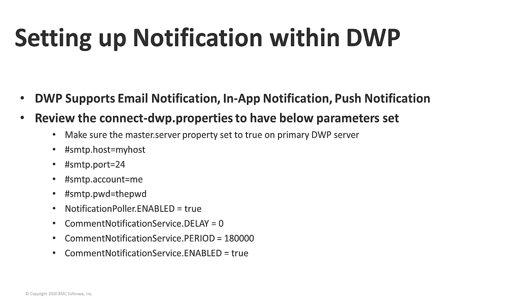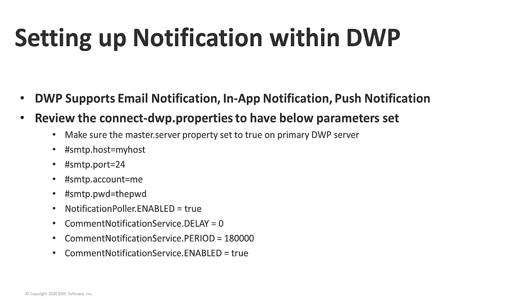Now we have looked at high availability, rebranding, SSL, and the RSSO configuration. Let us quickly talk about the notification sections. So Digital Workplace supports email notification, in-app notification, and push notification. You can review the configuration file called connect-dwp.properties located under the tomcat/external-conf directory. On the screen, you can see parameters which indicate the details of your SMTP servers. Whenever you are troubleshooting notification issues, make sure you have DWP debug logs enabled, and you can also review these files,